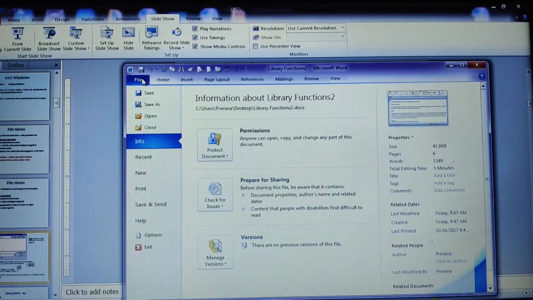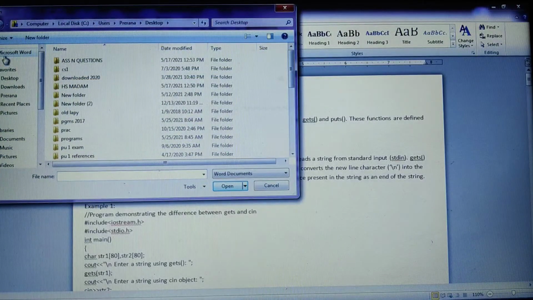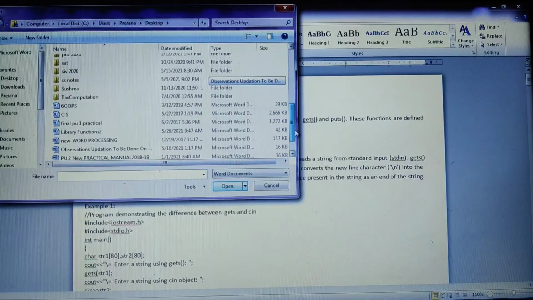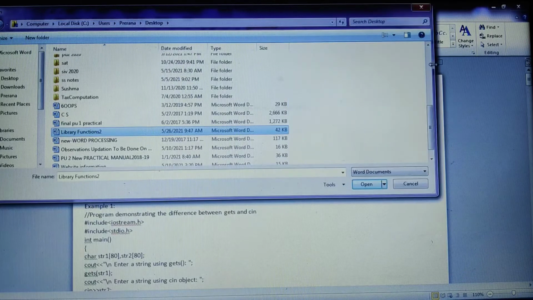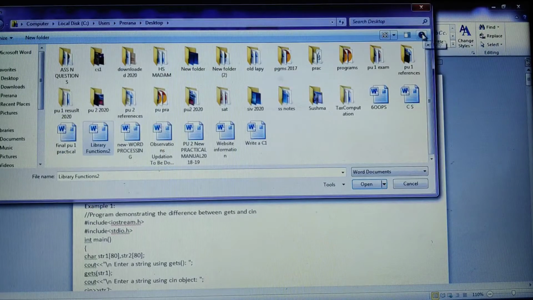So when you click on the file here, you can see the information. You can click on Open. When you click on Open, some library functions appear. Look just here. These are the two options that will help you view the files in larger or medium icons, as you can see,